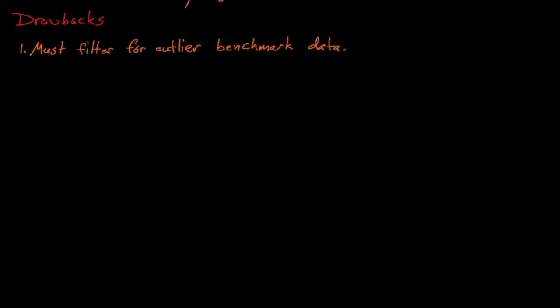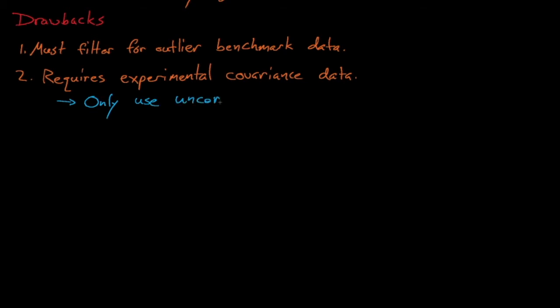Another downside to the TSURFER method is that it requires covariance information for the benchmark experiment measurements. In other words, we must know to what degree the benchmark measurements are correlated. We could, and many people do, perform data assimilation calculations while assuming that the benchmark measurements are completely uncorrelated, but assuming that each measurement is completely independent allows each experiment to contribute more information to the adjustment process than it